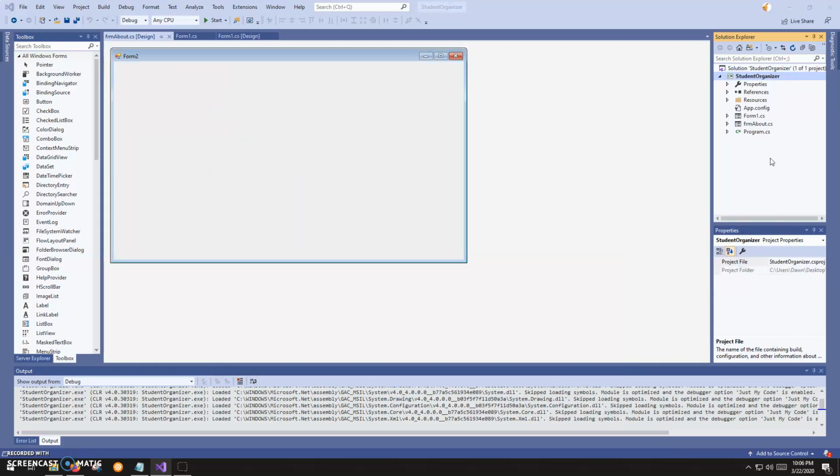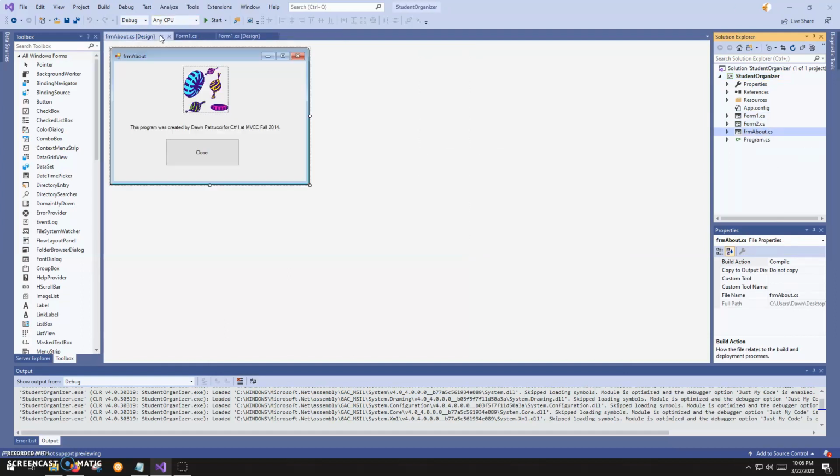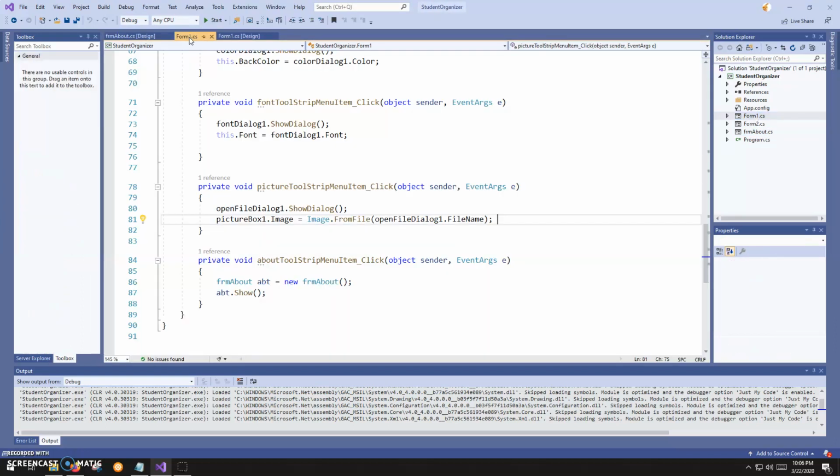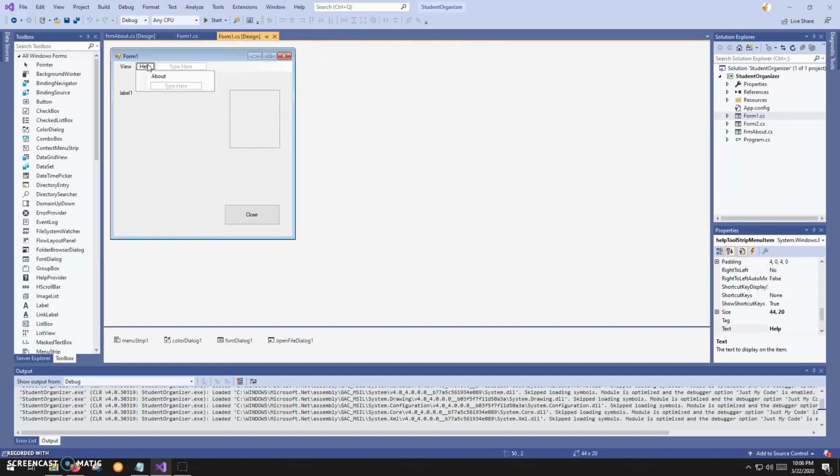I won't name it anything special, but you'll see. So now I've got 3 forms in this application. The one I just added is garbage, obviously. So getting back to my multi-form functionality, you add your new form, you design it as you would any other form, and now I'm going to